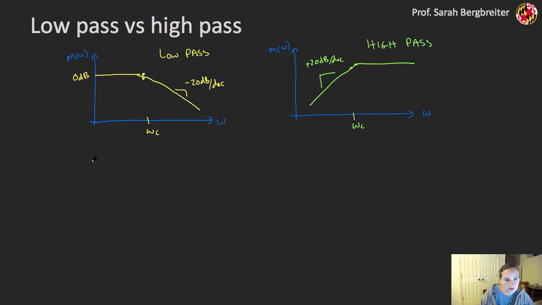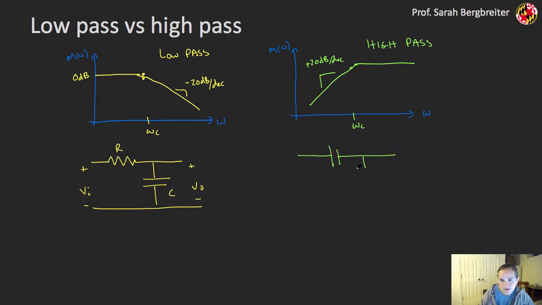So the circuit that I'd use to do that low pass filter, I already sketched for you, but in this case, I always think of it as effectively an impedance divider. For a low pass filter, the capacitor is going to show up in the lower portion of that impedance divider. So in this case, I have a V in input and a V out output. For the high pass filter, it's going to be opposite. So the capacitor is going to show up in the upper portion of that impedance divider, and the resistor is in the lower portion. So here I have my input and my output,